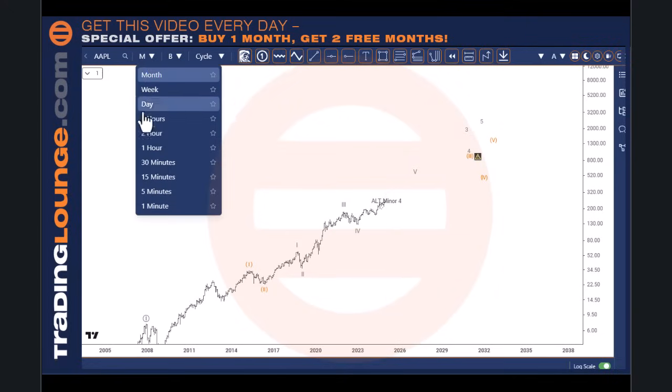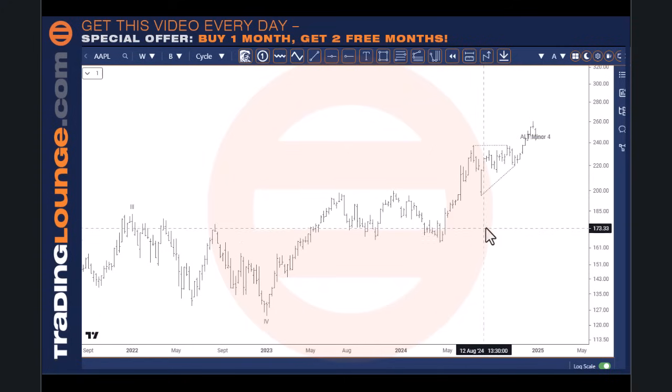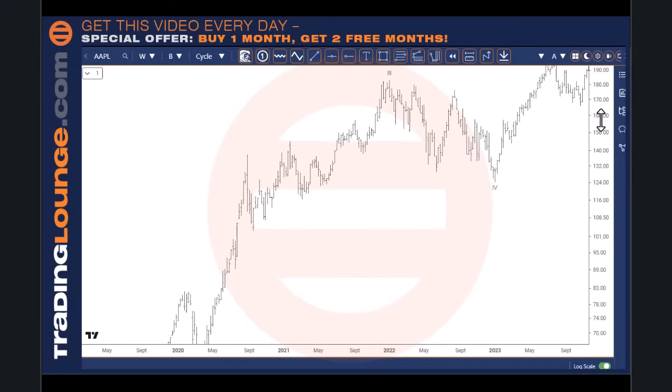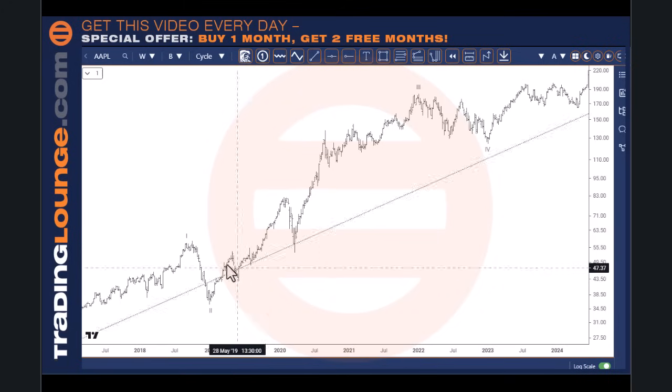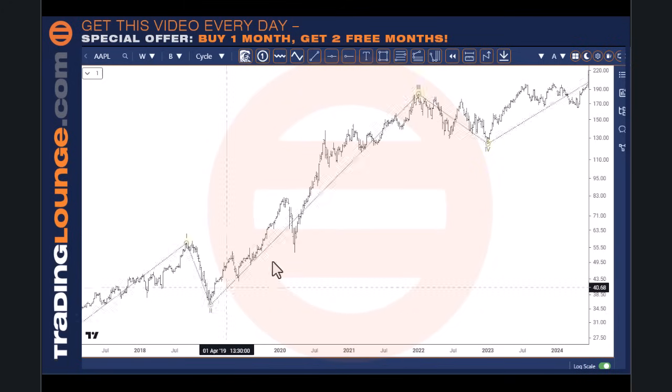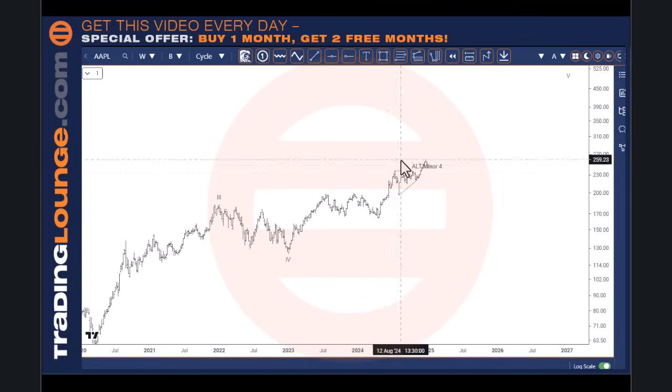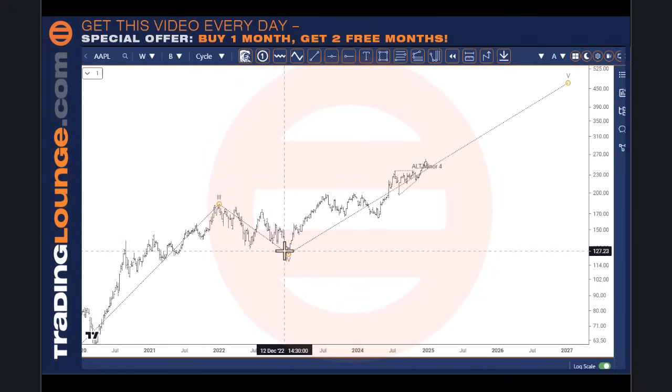So basically I'll just go into the weekly chart here, and what we were looking at just then was basically cycle wave 1 and 2 and going up here for 3 and 4, and then we're moving in this leg here. So this takes us to this move up here.